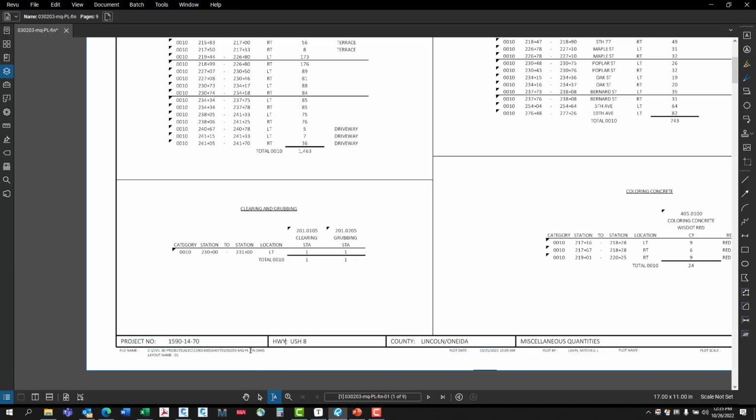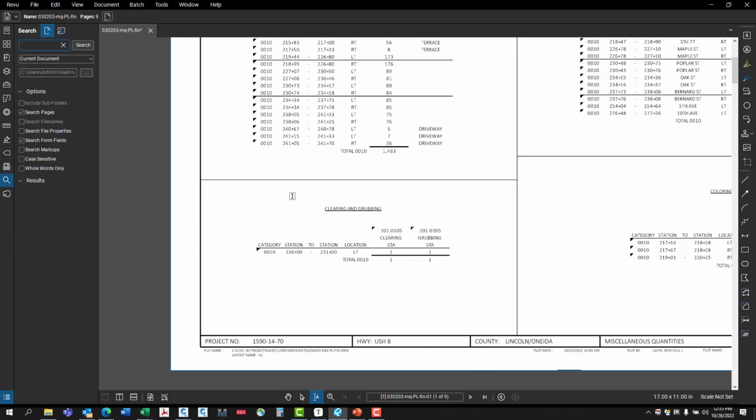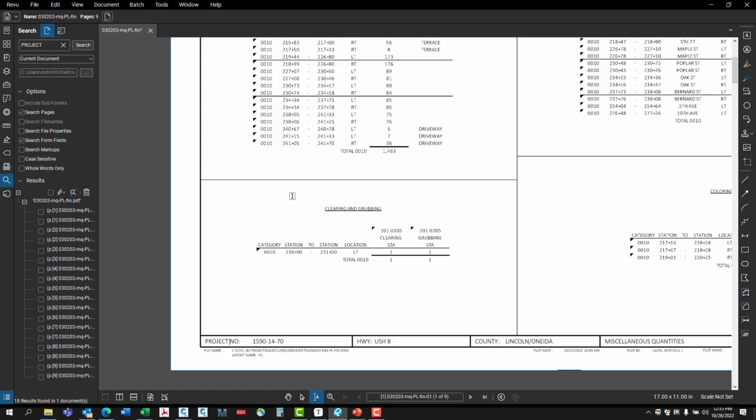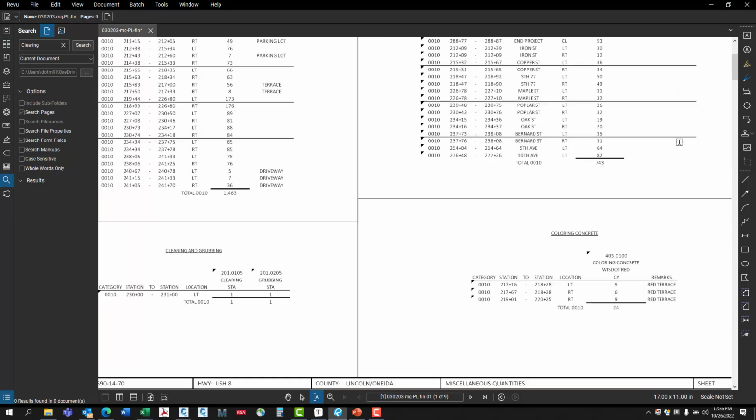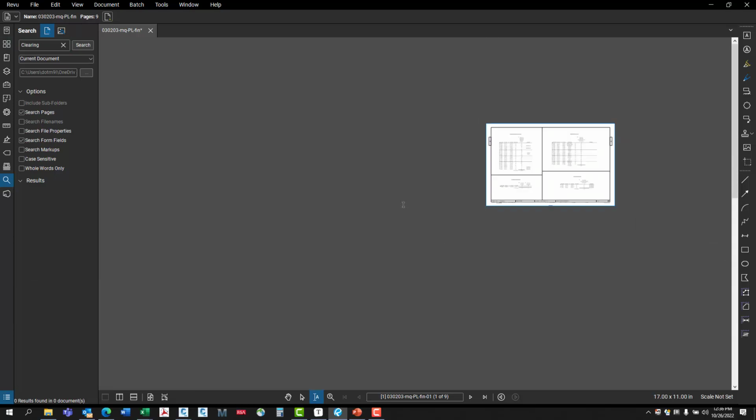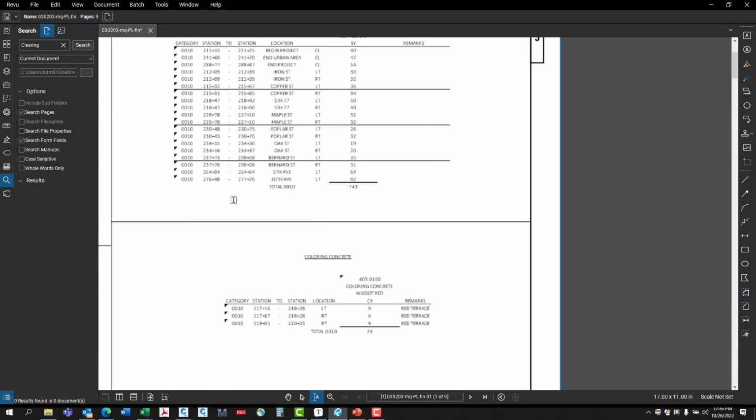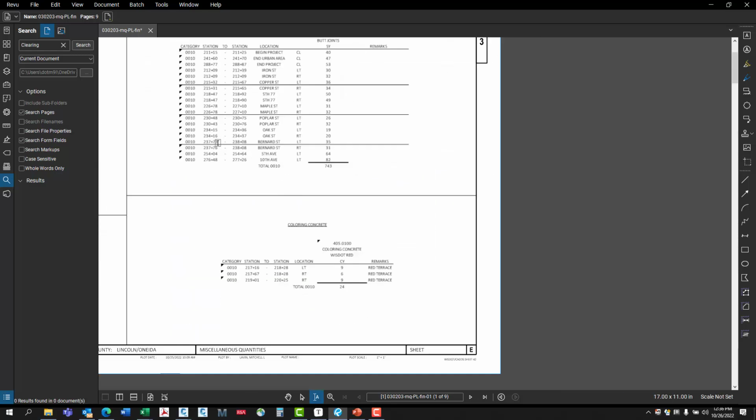I can select this text down here because it's actual text, but I cannot select any of the text here. If I do a find for, let's say, project, it'll find that project text on the bottom there. But if I look for something like clearing, which would be typical for a project, it does not find that text. So that's one of the downsides with this method, that the text is not searchable